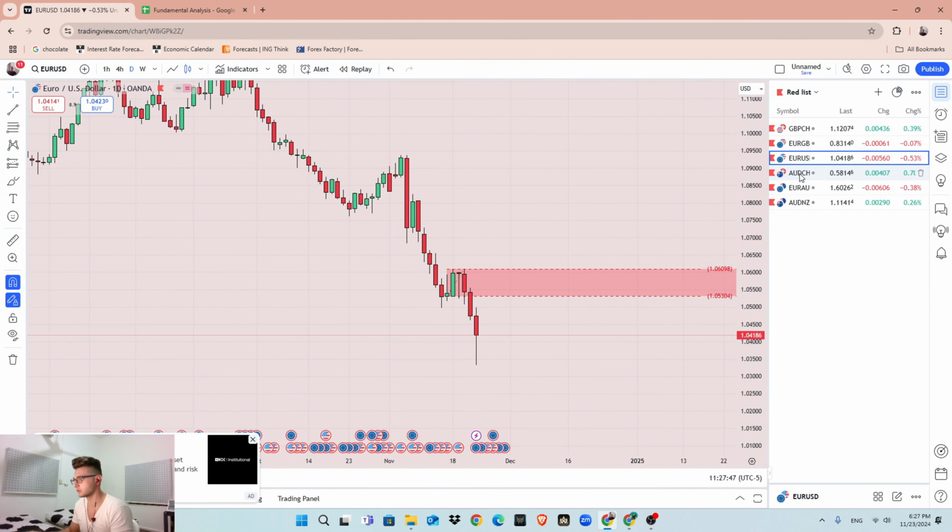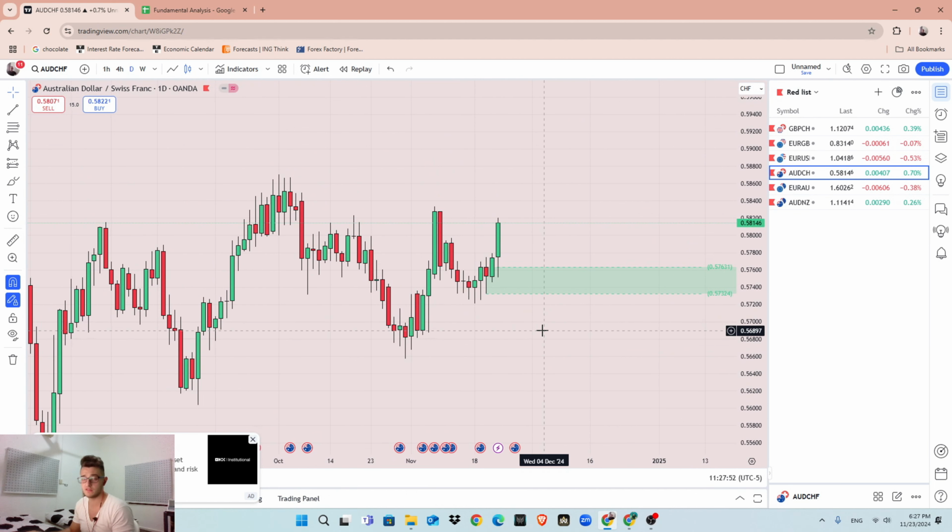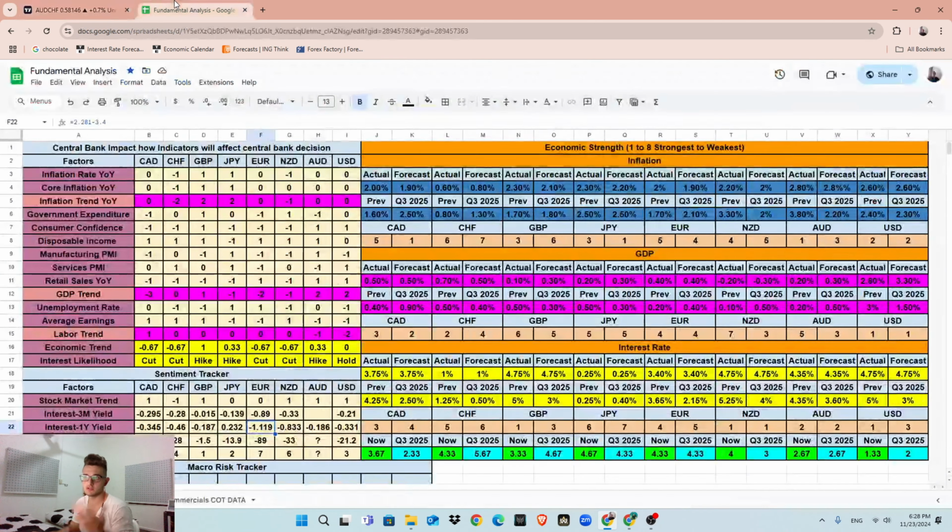So we have EUR/USD. AUD/CHF, actually I entered a position at AUD/CHF, and because of poor risk management, I lost the trade. So I was bullish from the previous week on AUD/CHF. AUD is 2.67 right here. CHF is 4.33. CHF is looking to cut rate right here, and AUD is looking to hold interest rate based on my analysis. Then we come right here. We have this at the 4.